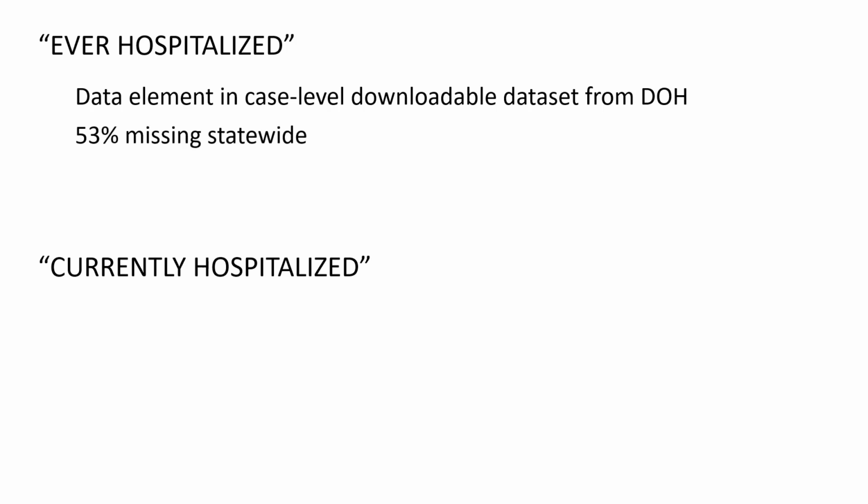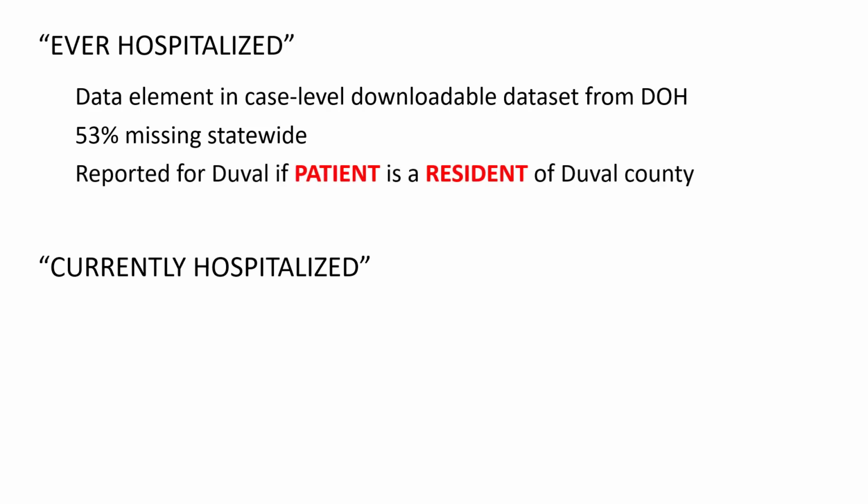53% of individuals of confirmed cases are missing this data element, or it's defined as unknown or null. So again, missingness is a big problem. And again, for more current cases, I understand that. We may have somebody who just popped in there today, tested positive on a lab test, and maybe we haven't done the contact tracing. Maybe we don't know if they're going to be hospitalized, but 53% is a pretty high number for missingness. And the key here is, because I'm going to try and explain why there's a discrepancy between those two numbers that Rebecca pointed out.